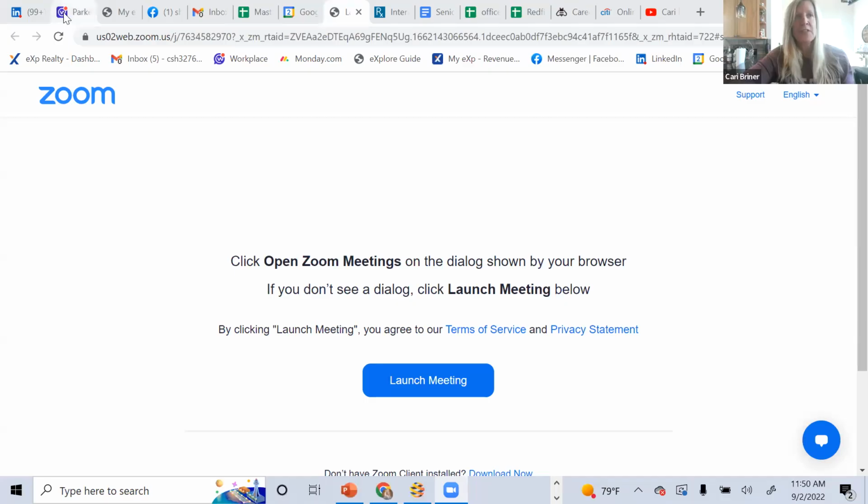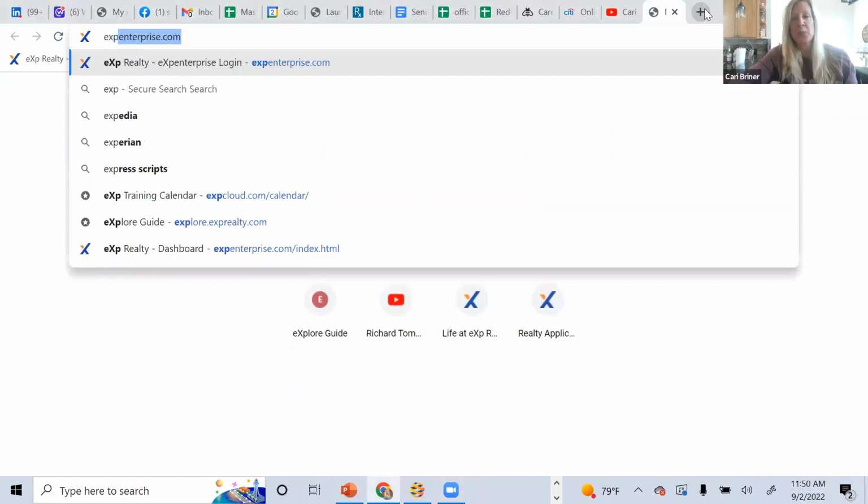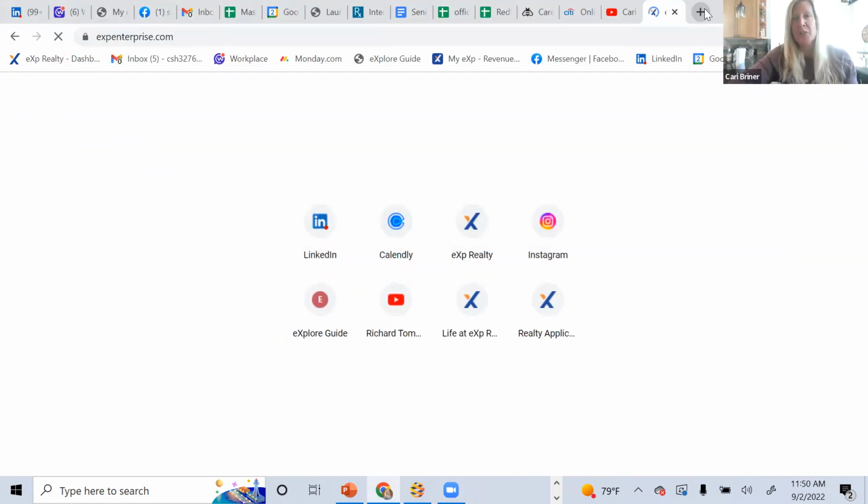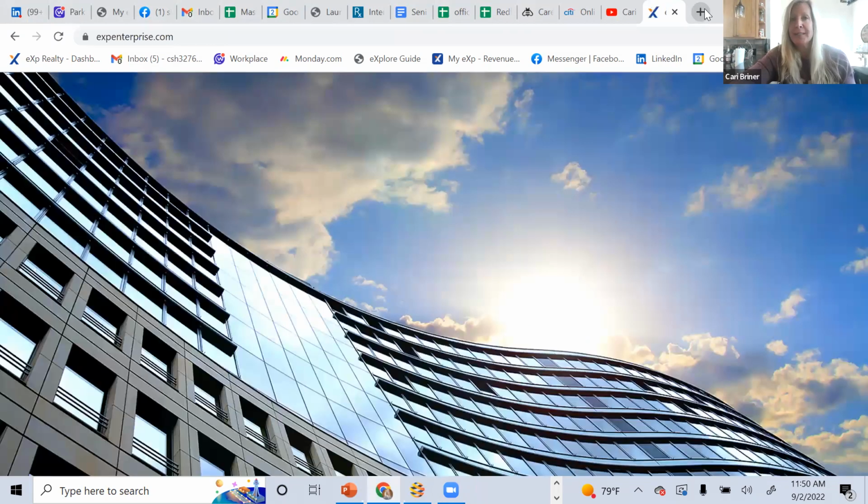So I'm going to go ahead and share my screen and show you a couple of things here. So let me do that right now. First and foremost, I want you to understand your capabilities inside of your expenterprise.com. You can see at the top of my screen, expenterprise.com. This is your dashboard, okay? And this is probably the one that you've been in the most so far